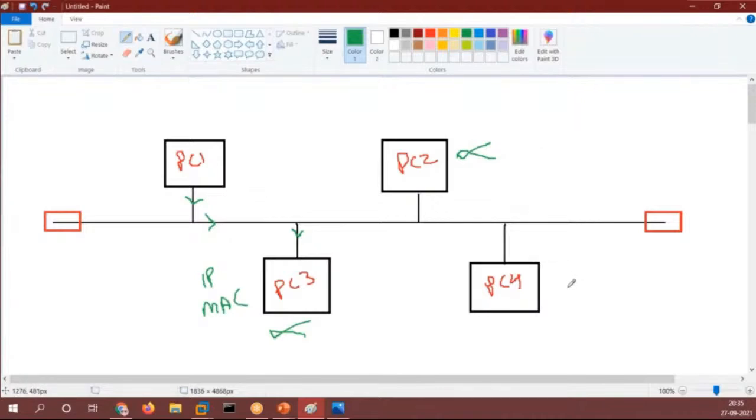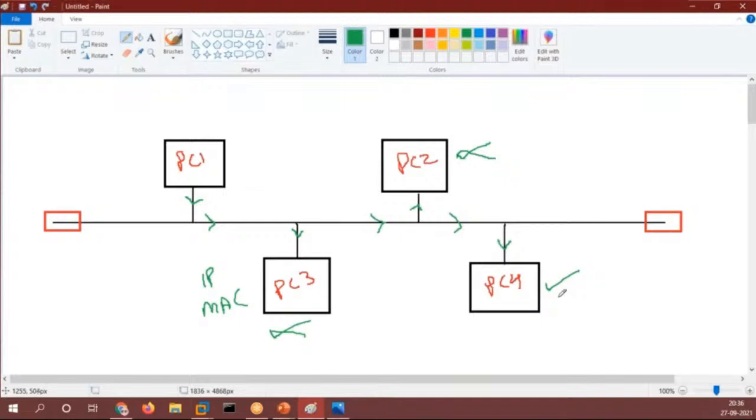Now, if I talk about PC4, guys, what happens? PC1 wanted to send the data towards PC4, so the data will be traveling towards PC4, and PC4 will be accepting that data. PC4 will be checking if the destination IP address and destination MAC address are matching.